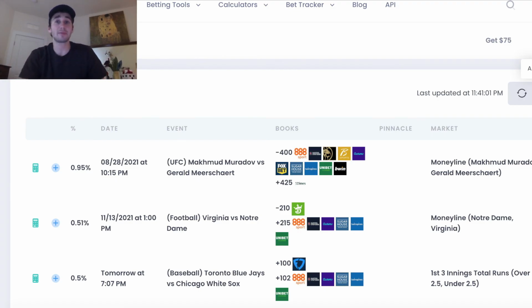Again, most of our successful users are on the OddsJam site, hit the refresh button whenever they have a spare second, and place these great arbitrage bets, and that's how you're going to make the most money. You have to be monitoring the site every hour or so if you want to make over $150 a day, in my opinion. You need to be checking OddsJam every hour, hitting the refresh button, seeing the new opportunities, and placing your bets before the odds move. That's how you can really make a killing with arbitrage betting.